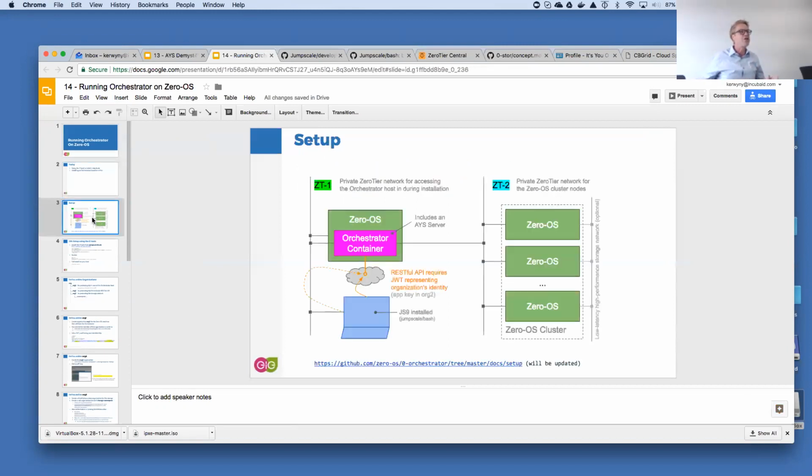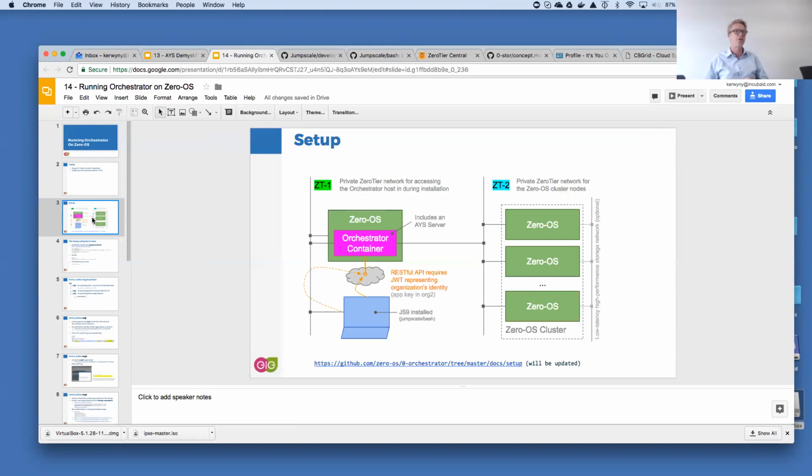I already shared this picture during the day, because this is actually what we will be doing today. As you see, it involves, first of all, to the left and to the right, two zero-tier networks. So the first thing you will have to do anyhow is create two zero-tier networks.